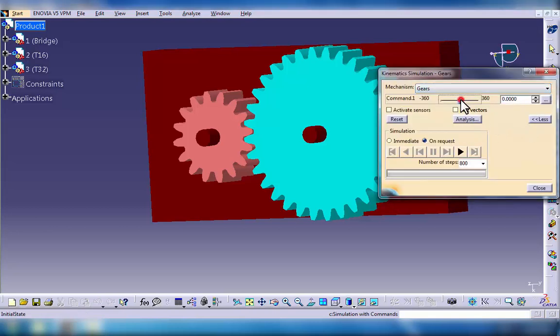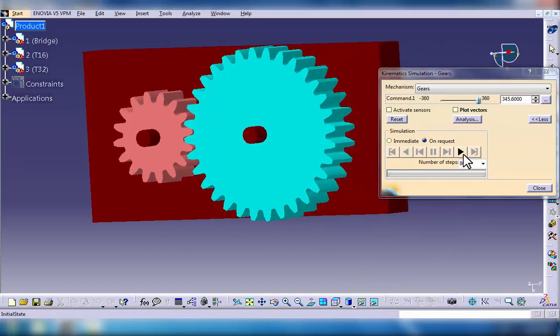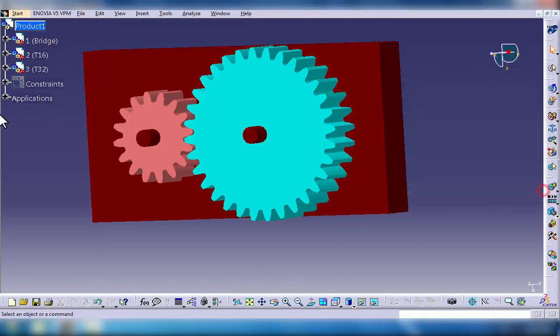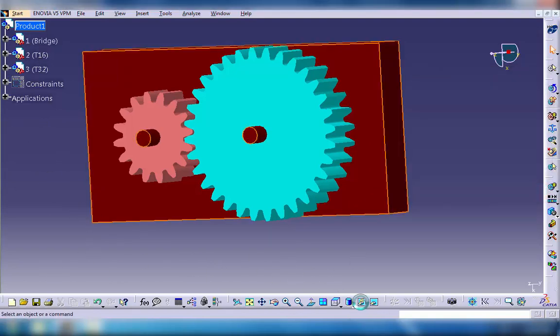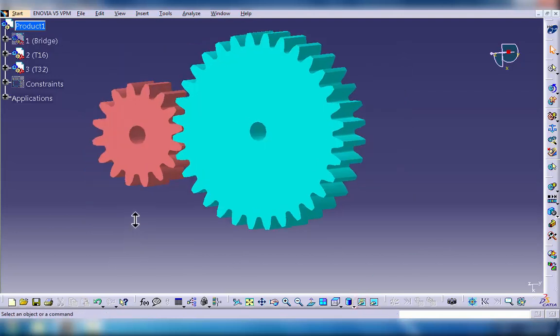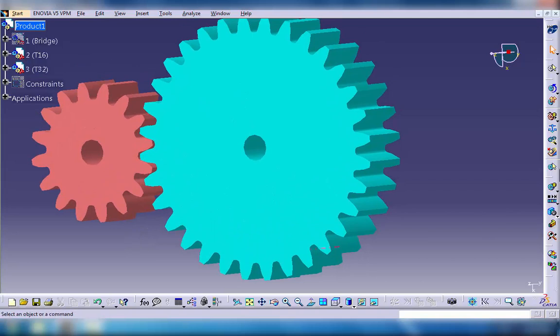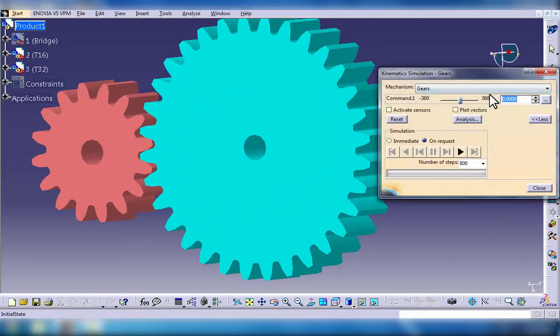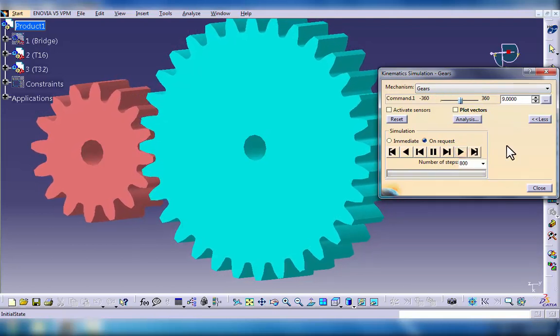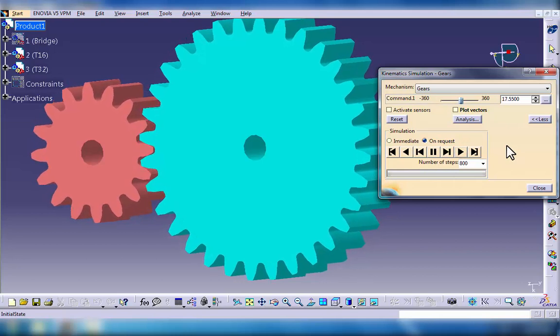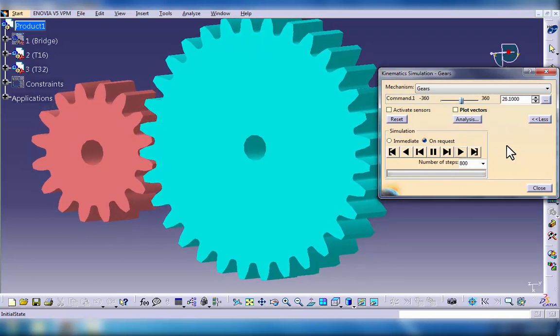Just click on the play button. First we are going to hide the bridge so that we can observe the animation better. Okay, go to simulation with commands, hit play. So as you can see, we don't see any interference between the two gears